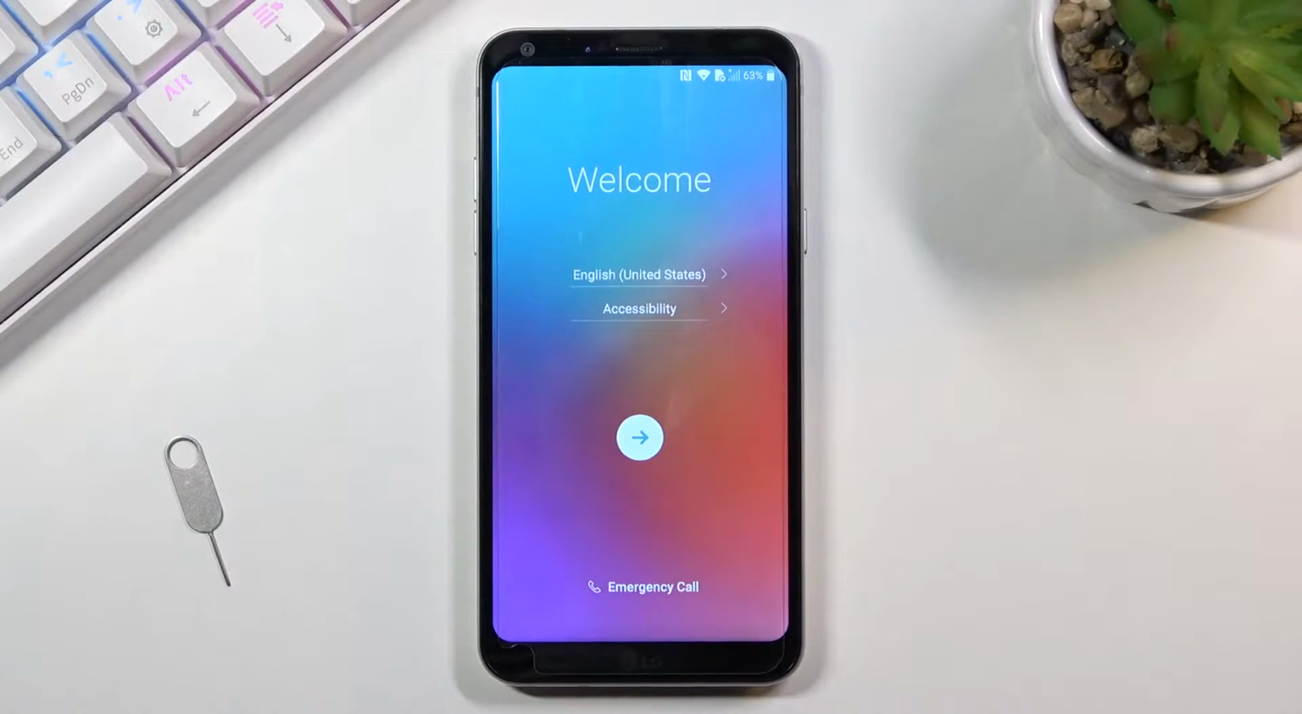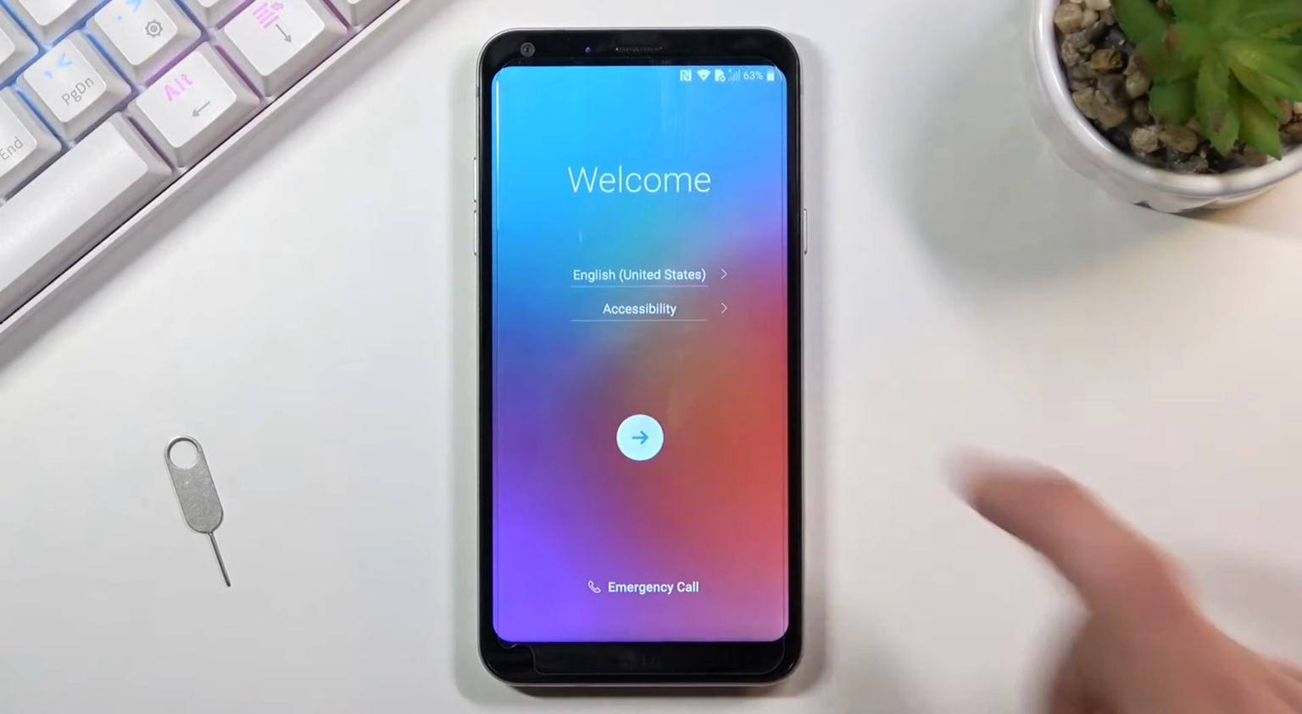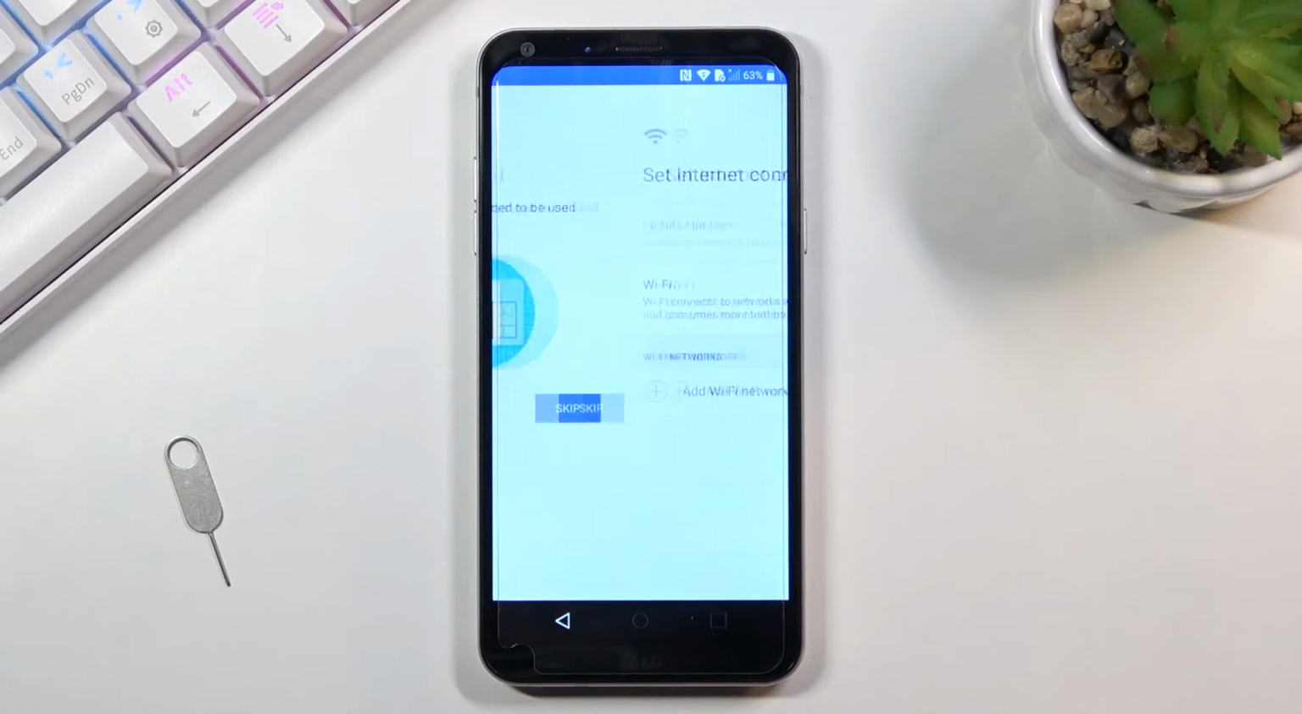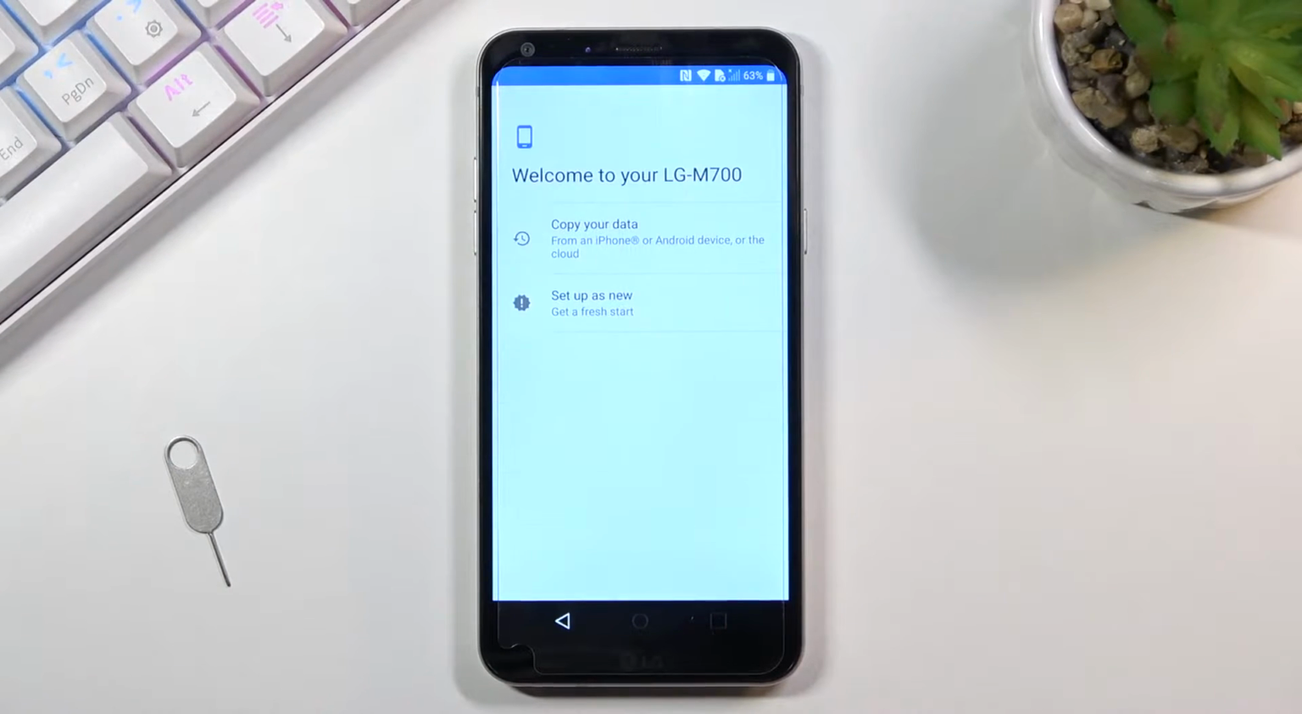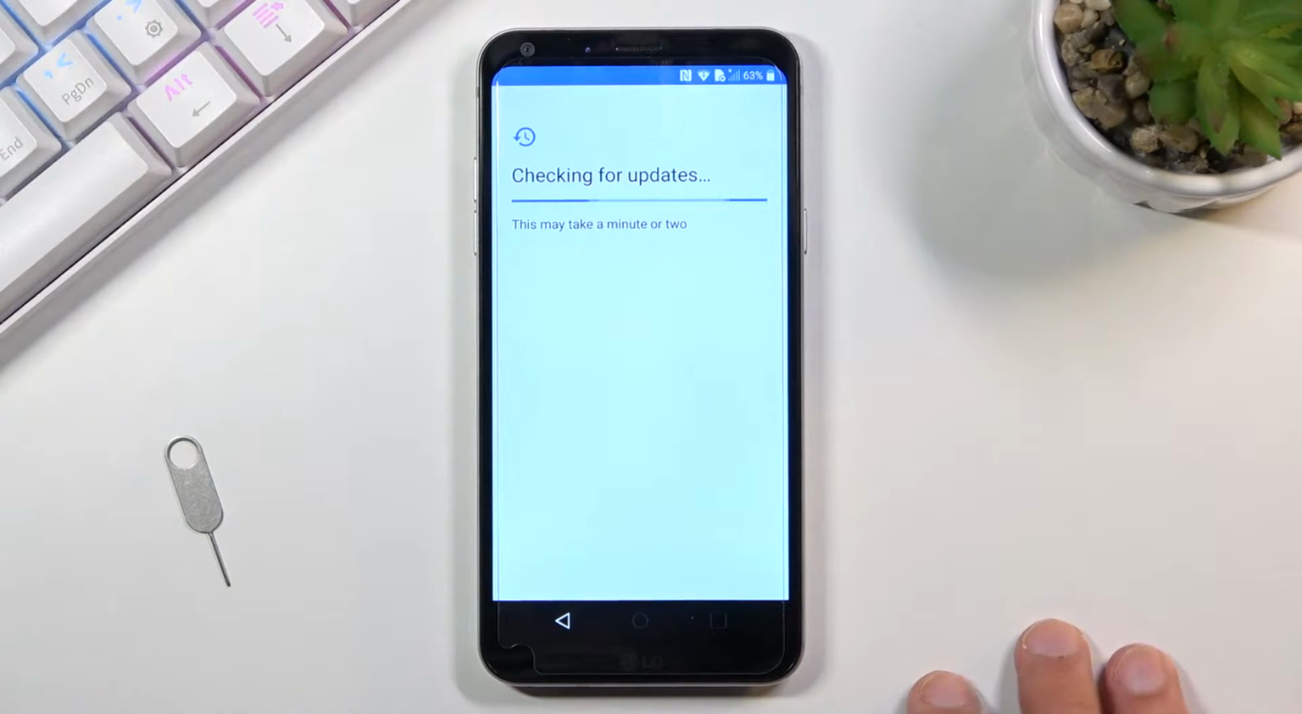Welcome, in front of me is an LG Q6 and today I'll show you how to bypass the Google verification on this phone. Now the device that I have right here is locked, so I'm going to quickly go through setup just so you can see the verification page, and while it's going to check for it,